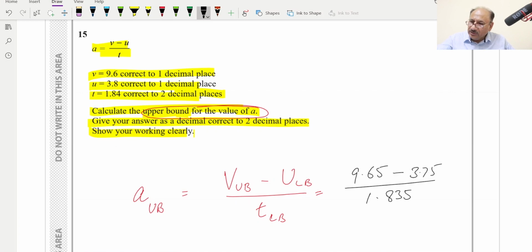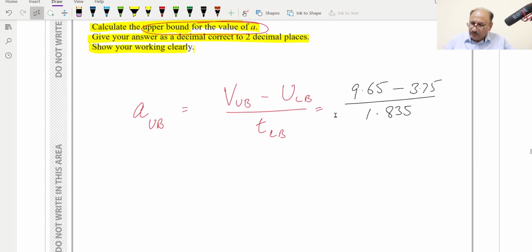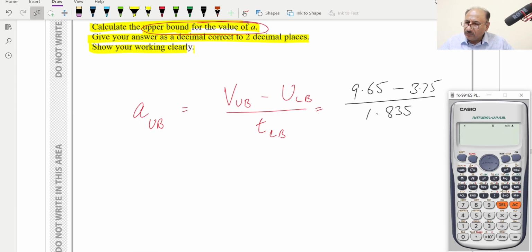This calculation we will be doing with a calculator. Fraction 9.65 minus 3.75 over 1.835 is equal to